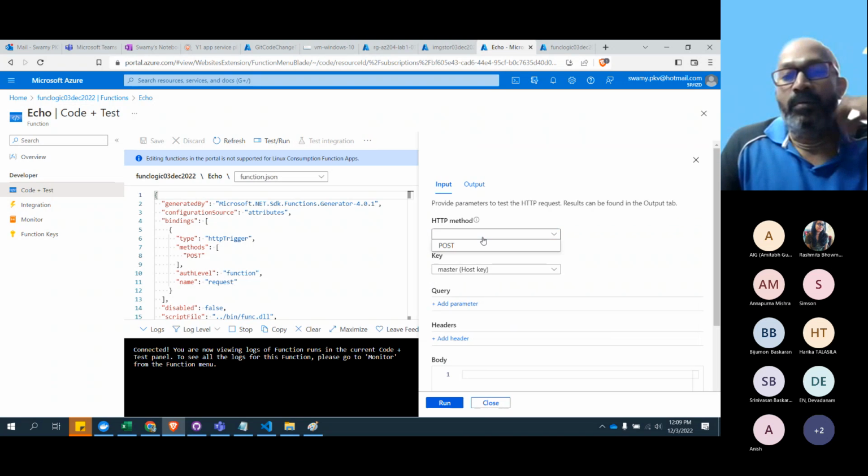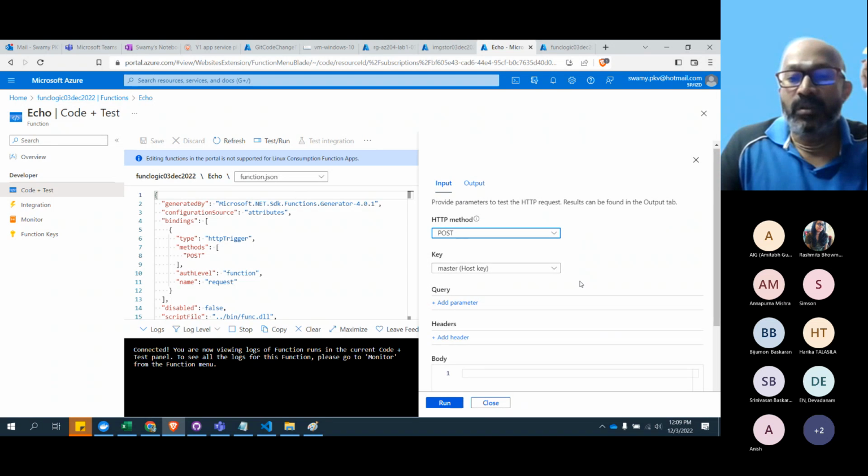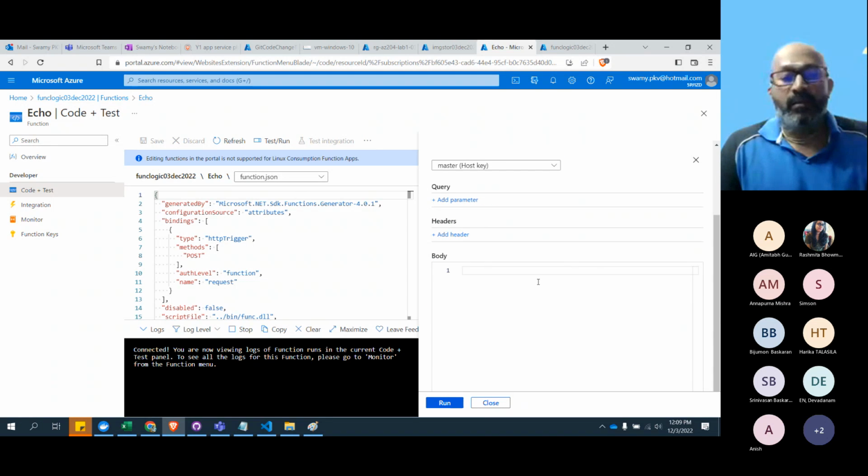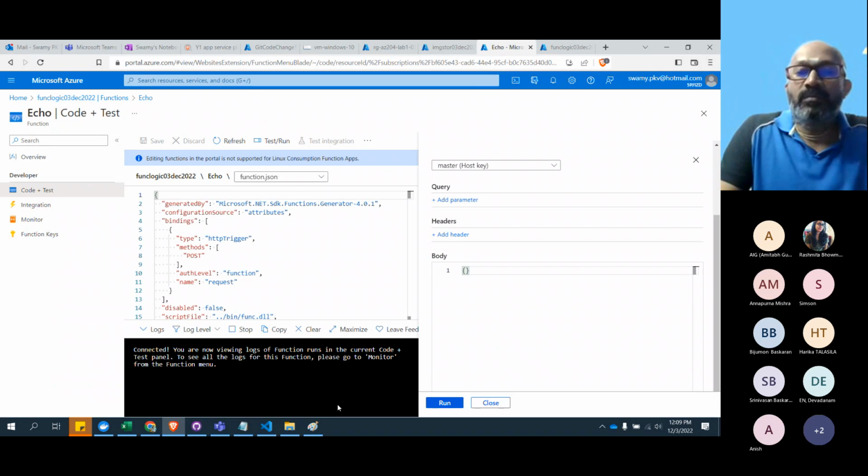This is echo, so it will support only post, and inside the body, an ID and a name.